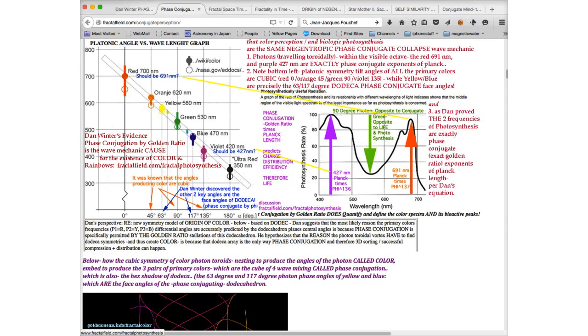So we got all the primary colors except 2, which are on that line, yellow and blue. And the precise angle predicted by the 580 nanometers of yellow is 63 degrees, and blue is 117 degrees. And I had the insight from looking at this chart to realize for the first time that those angles, 63 and 117 degrees,